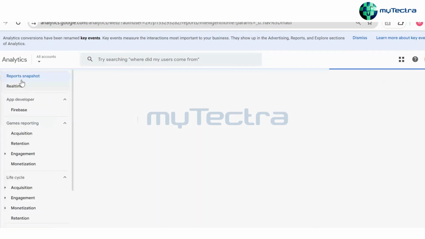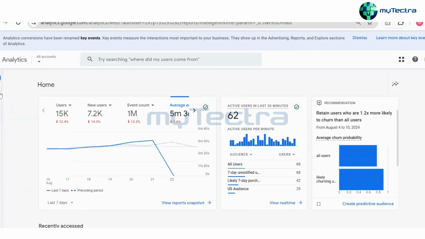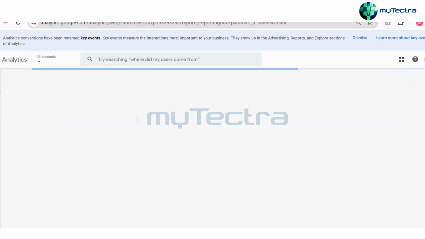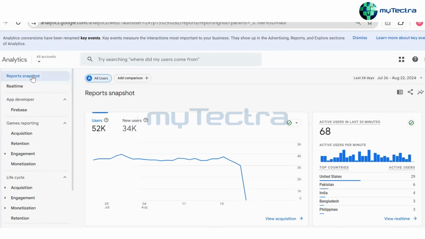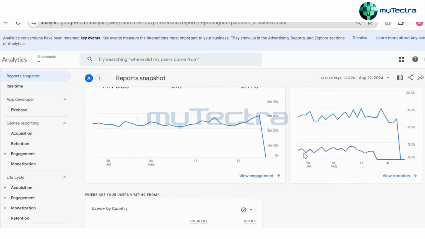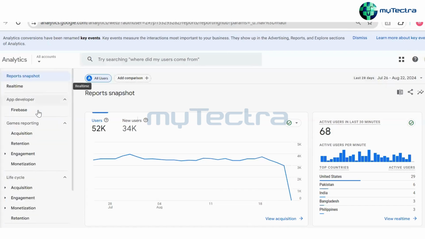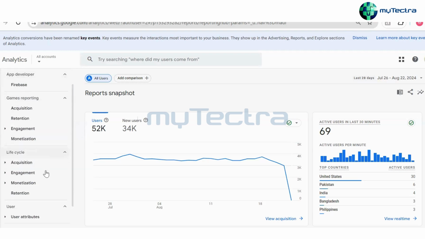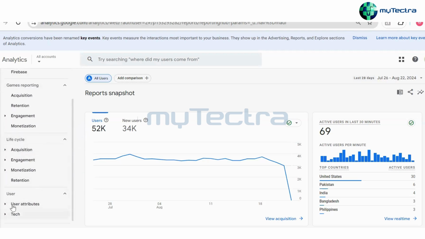Home, this we have covered. So the next menu is report. In report, we have seen the real time. This is report snapshot, nothing but the previous page, whatever we have seen in the home page and real time. Since it is a demo account, it is having all the features enabled. But in our case, we may not see this. We'll see only the users